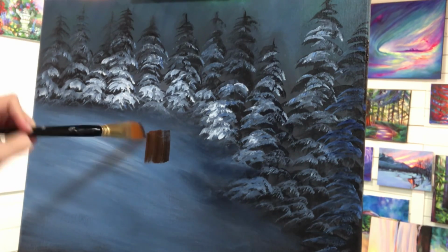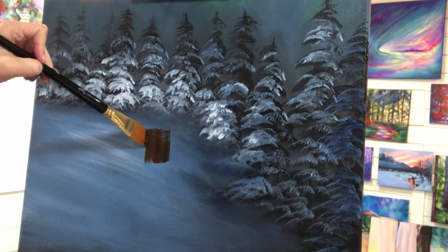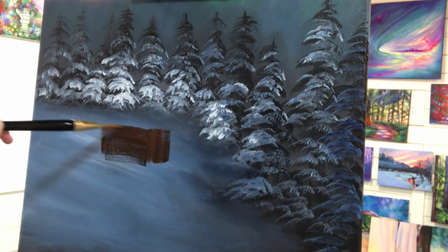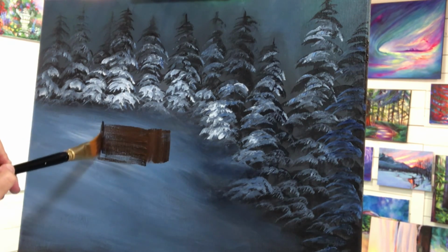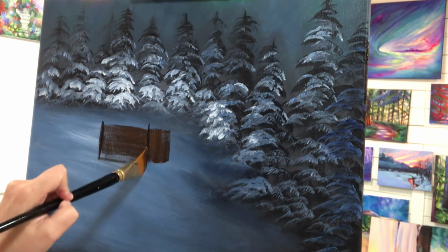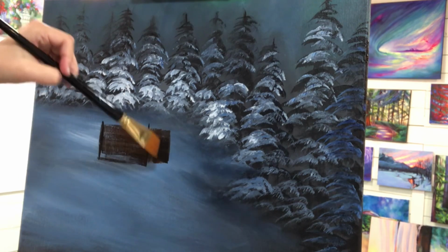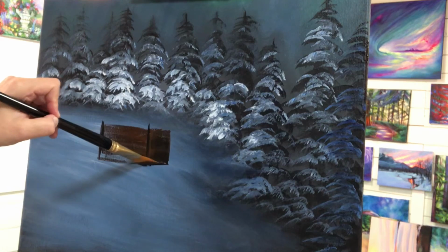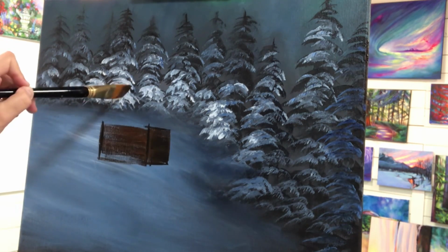We'll do a little square right there, go across this way because it's a log cabin. We'll do a line like that. Now this side's going to be darker. This is the shadow side. Come across here, and then